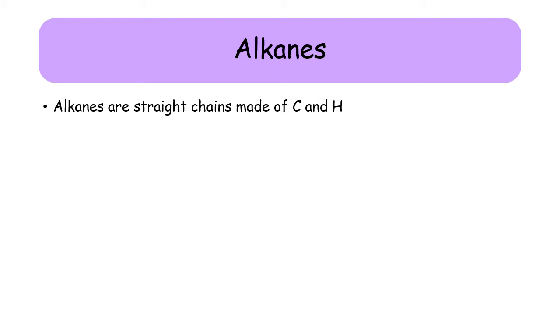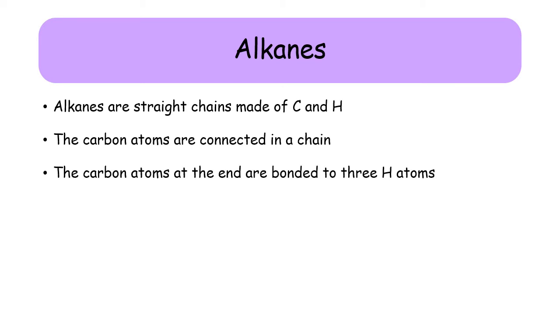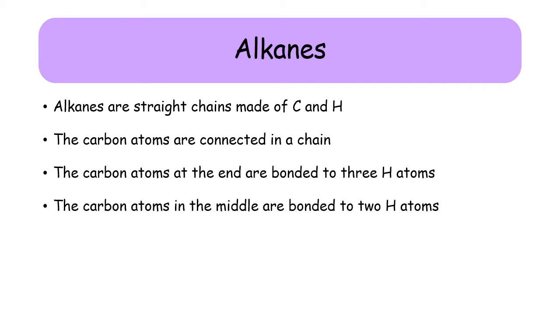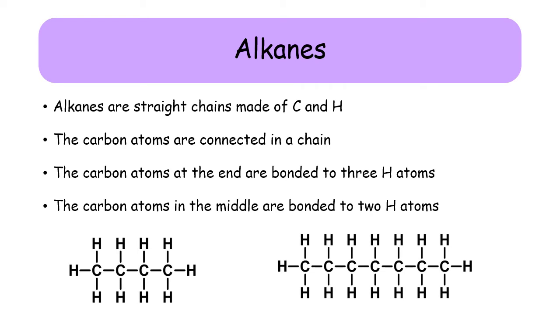These are straight chains made of carbon and hydrogen. The carbon atoms are connected in a chain, and the carbon atoms at either end of the chain form bonds to 3 hydrogen atoms, and the carbon atoms in the middle of the chain are bonded to 2 hydrogen atoms. And we've got 2 examples here. So we can see that first chain has 4 carbons